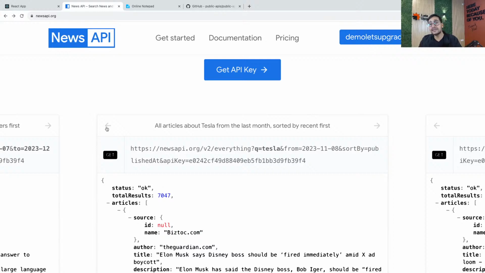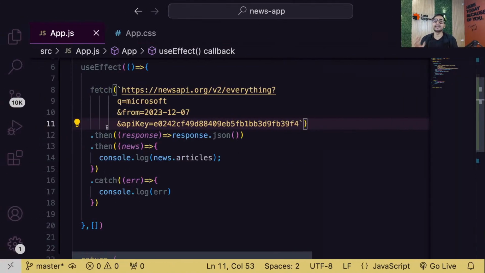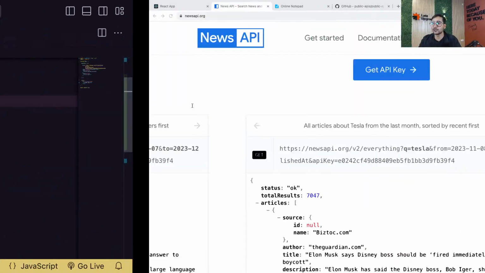Now, according to what we need, I only need latest news. That's it. Not any random news from 1 month back. I only need latest news. That's why my from date is always yesterday's date. Okay. That means start date is yesterday's date. Give me the news only which is available from yesterday, not anything before that. From yesterday till today. That's it. So from yesterday, that's my API key. And by default, query is Microsoft. Now, if needed, you can also pass query anything like, let's say, India. Hopefully, we'll get news related to India. So by default, this is what will show. Let's see if we're getting articles related to India or not.